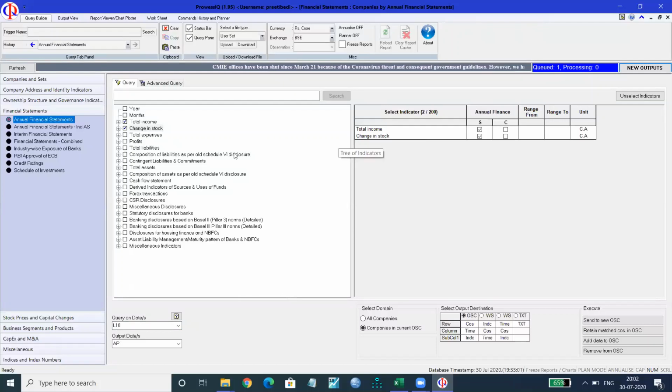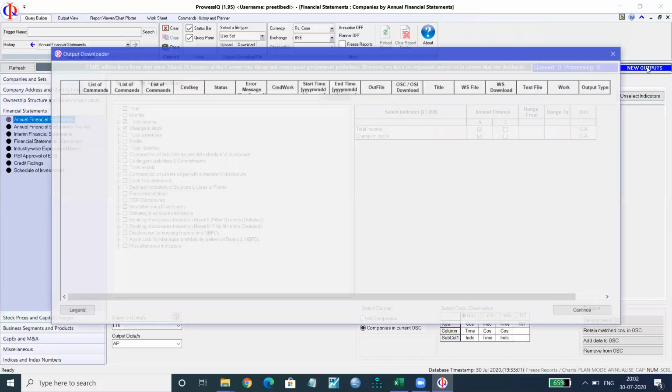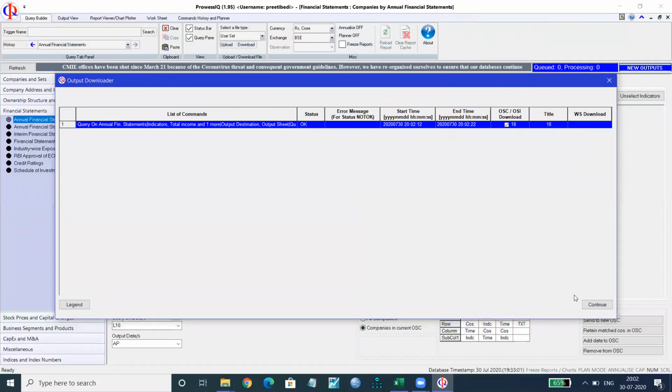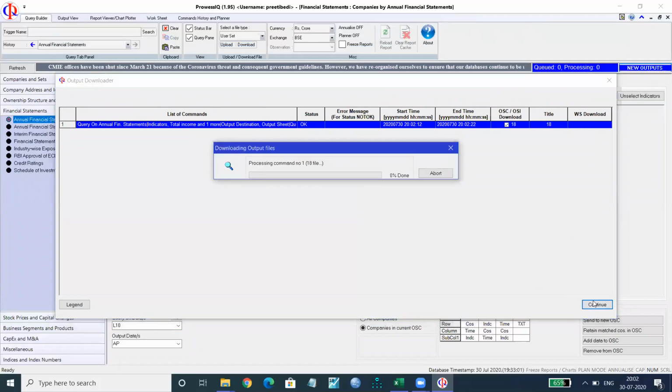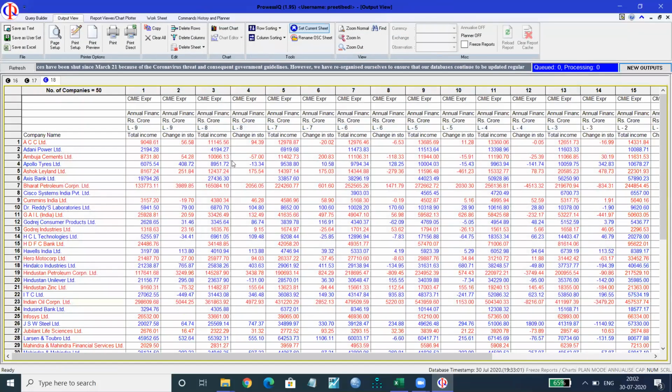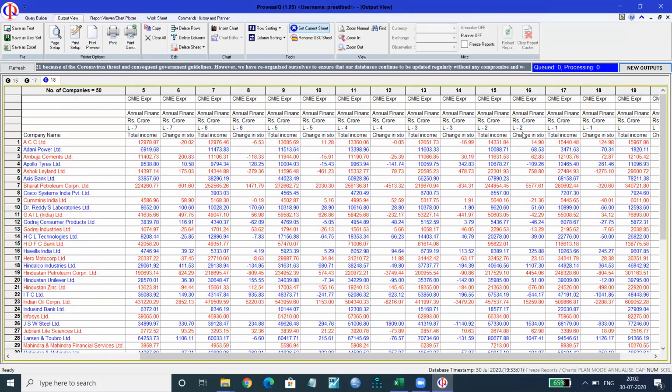If you wish to have certain other indicators, you can check upon as per your requirement. Now you can see that new output has started blinking. I will click on that. I will click on continue. And then you can see total income, change in stock data is there for certain number of years.